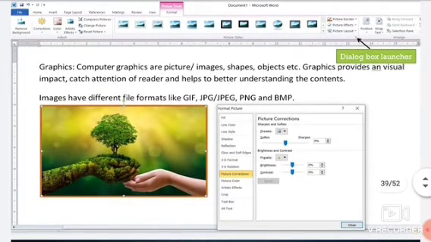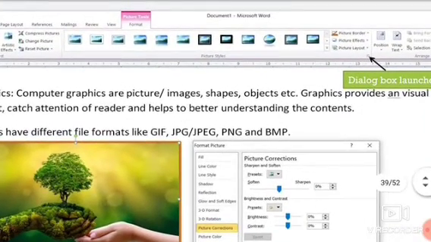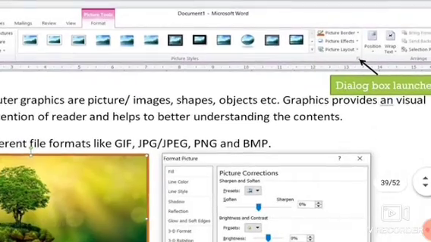All these effects we can also apply by the dialog box launcher. For this, select the picture, then go to the format tab, go to the picture style group, and there is a dialog box launcher button available.